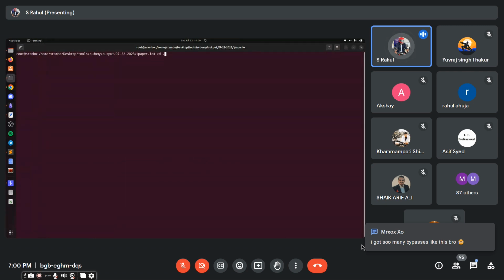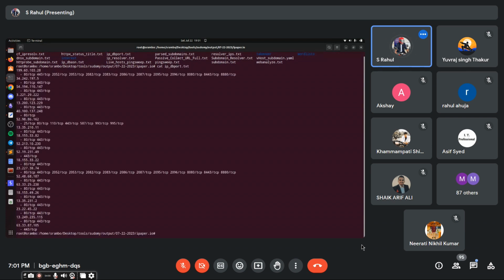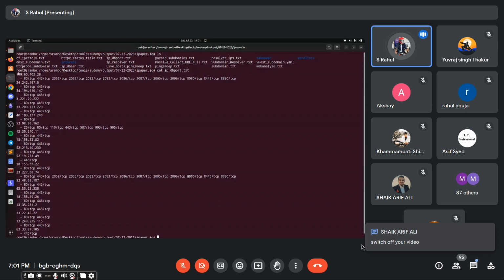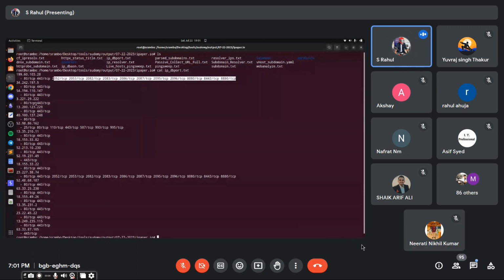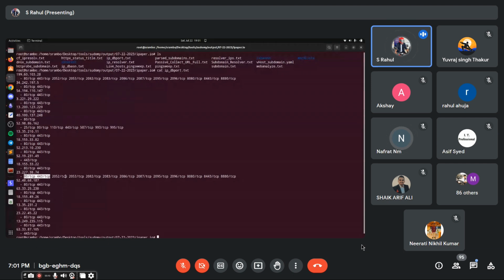Okay, let's move on. ls listed, and there is one file here, IP underscore db port. Just cat it, meaning you have to learn and list the ports. Here you can see it shows this IP has 80 and 443, and there are certain ports that are open. So what we are going to do,